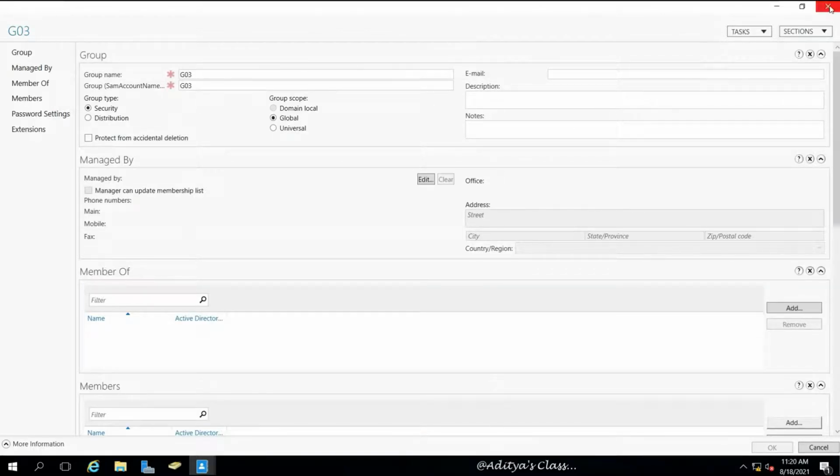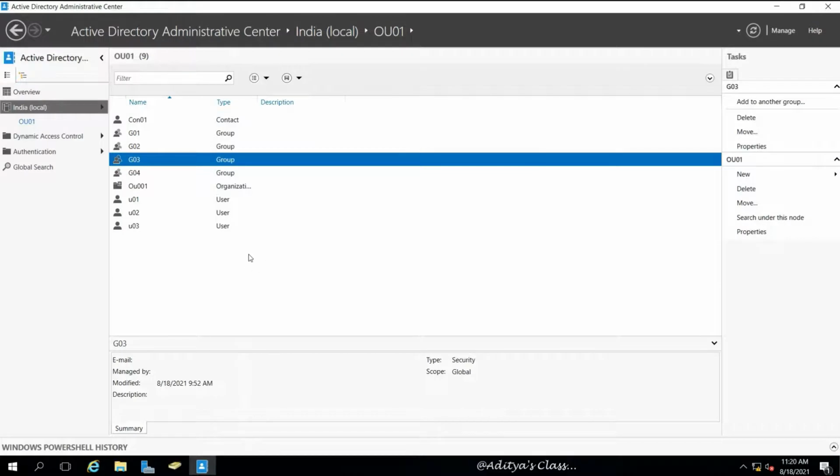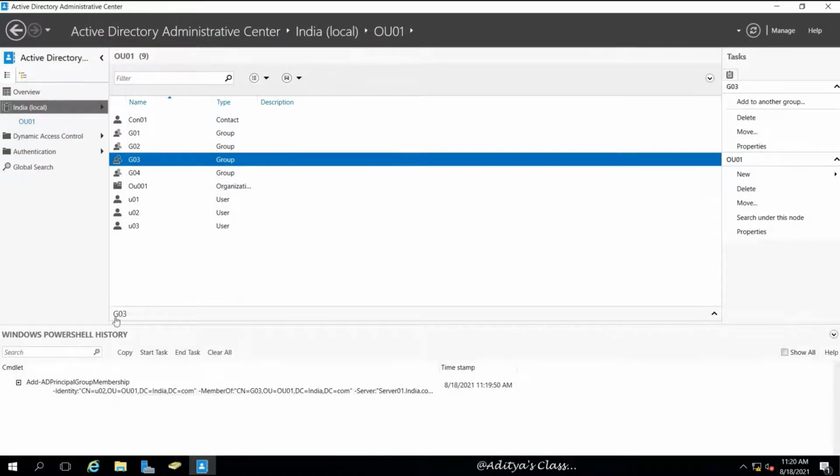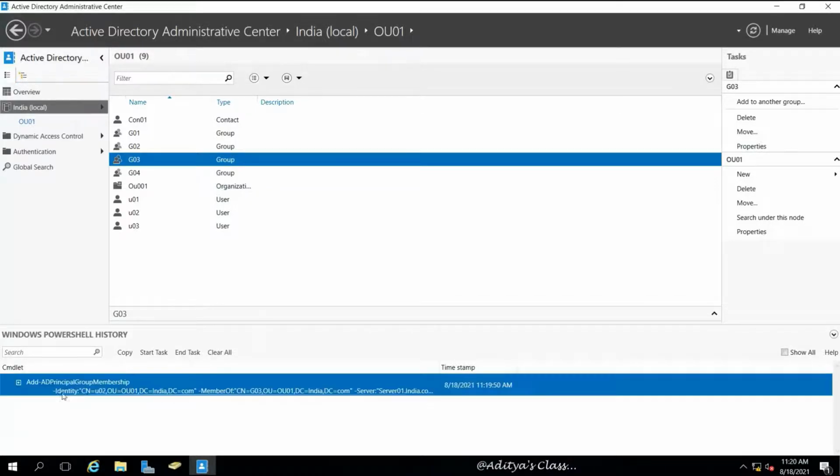Not only can we perform this task in Active Directory Administrative Center, but we can also see the corresponding PowerShell command used to perform the task, and learn how to use PowerShell effectively.